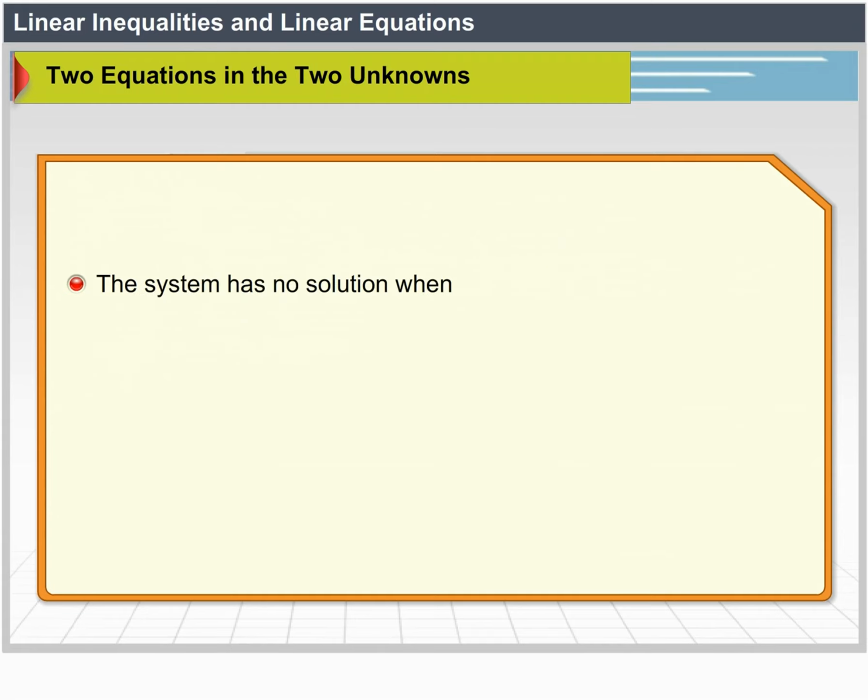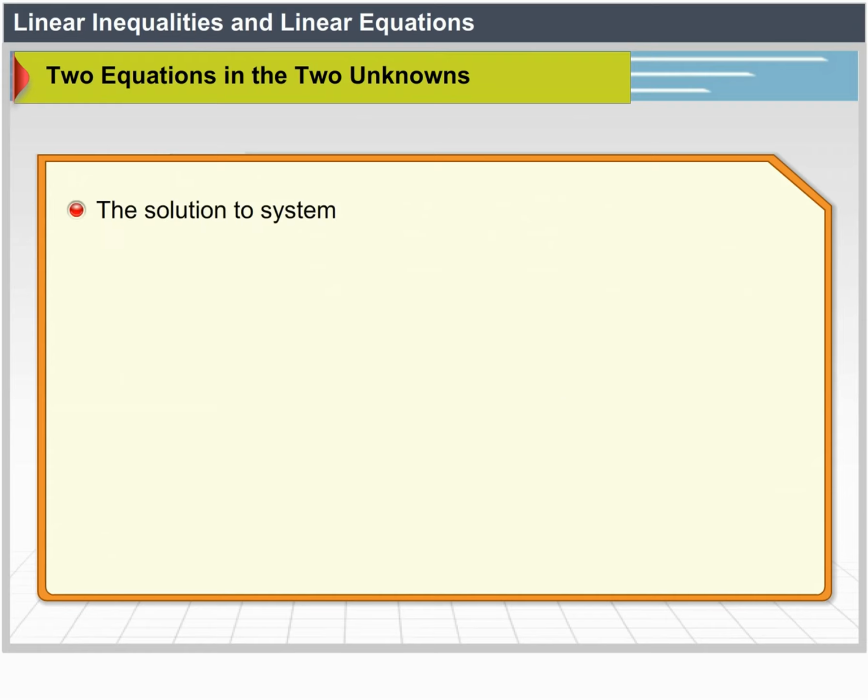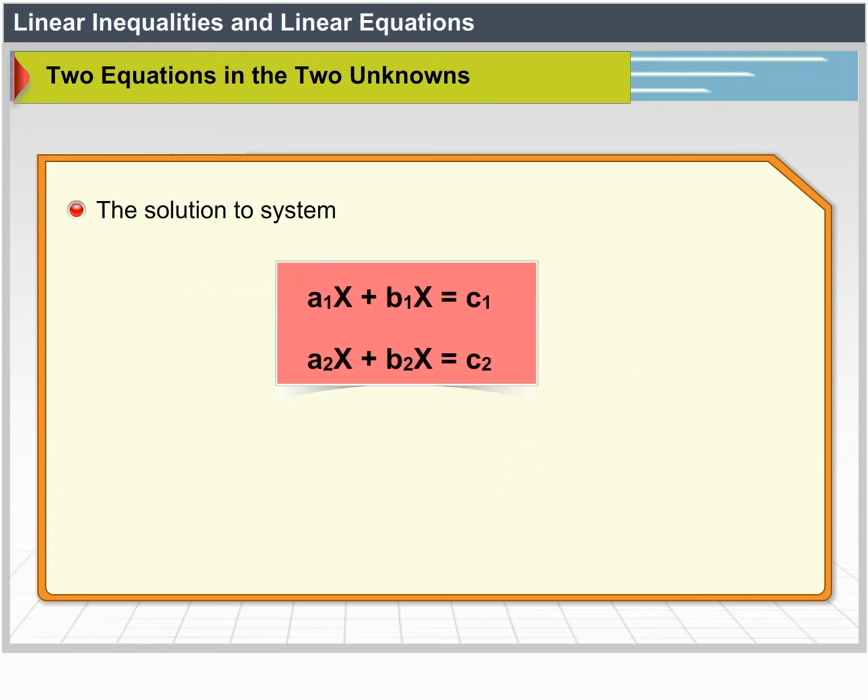The system has no solution when a1 by a2 is equal to b1 by b2 and not equal to c1 by c2. The solution to the system a1x plus b1y equal to c1, a2x plus b2y equal to c2 can be